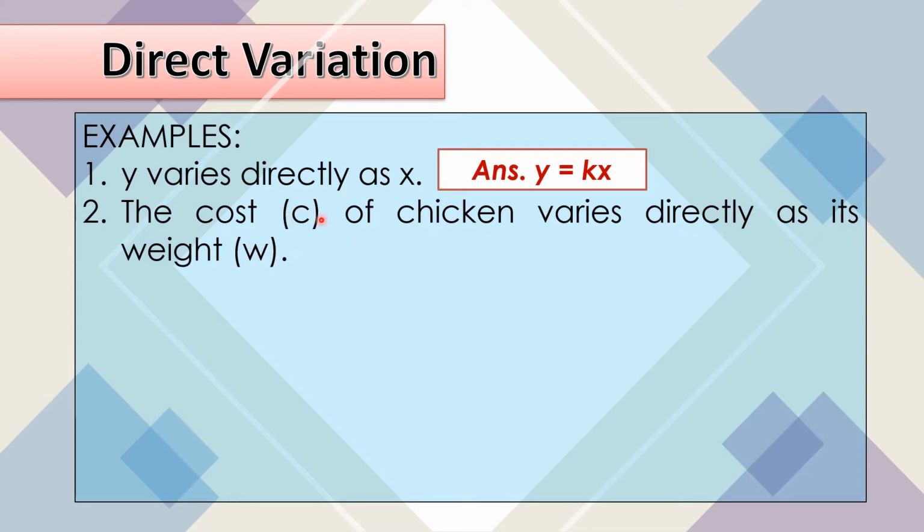Kung ano yung given natin na letter, yun yung ating gagamitin. Kung siya ay small letter, small letter ang gagamitin natin. Kung siya ay capital, capital. Since small siya, C equals kW. Lagi siyang may k. Yung k hindi nababago. Ang pwede lang mabago is yung C at yung W, depende sa given